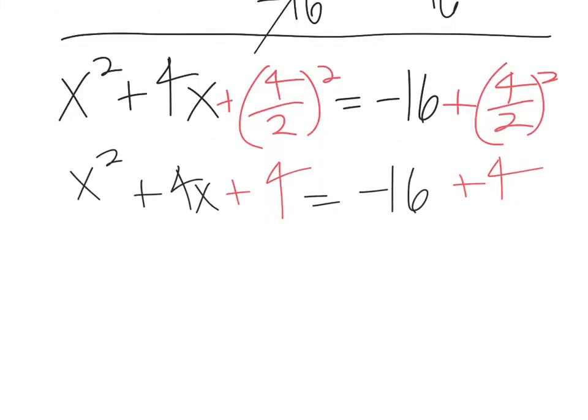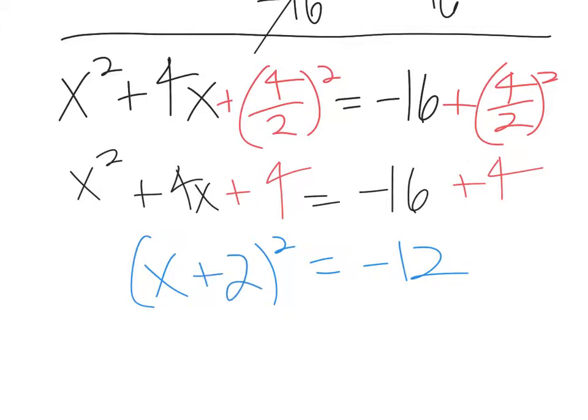So what we need to do now is just combine the two numbers that are on the right hand side. Negative 16 plus 4 is negative 12. And the left hand side is going to factor. So remember, the quickest way of factoring it is it's going to be x plus a number squared or x minus a number squared. And the quickest way of factoring it is to just look at this number before you square it. 4 divided by 2 is 2. And since it was a positive 2, you'll put a plus 2 there. Also, you could think of the factors of 4 that add up to 4 are 2 and 2. 2 plus 2 is 4, 2 times 2 is 4. So you're going to write x plus 2 times x plus 2, which is the same thing as x plus 2